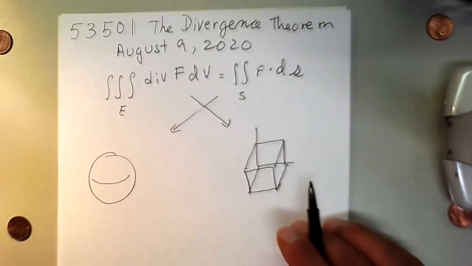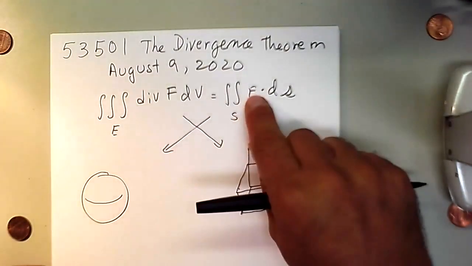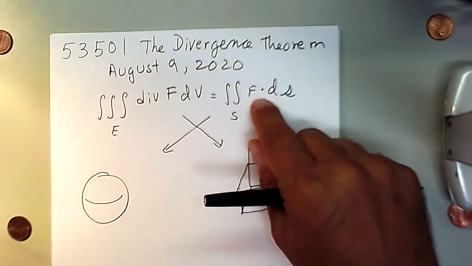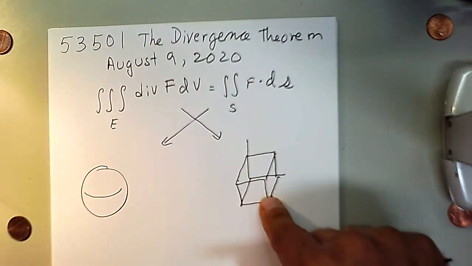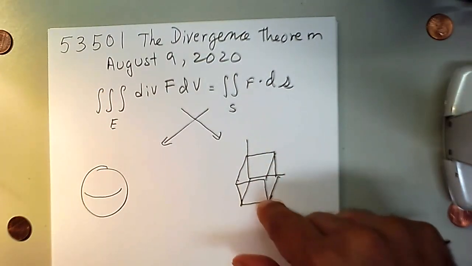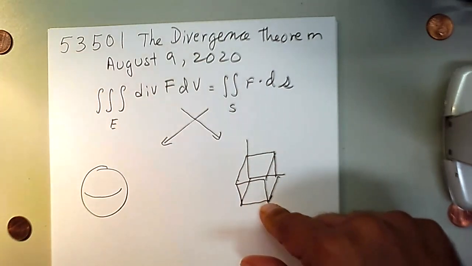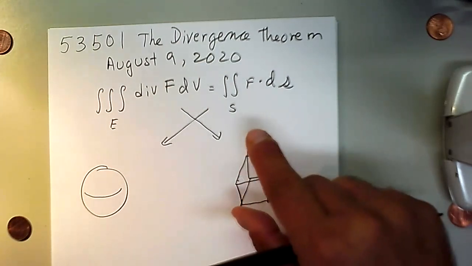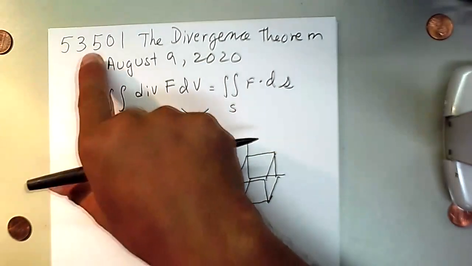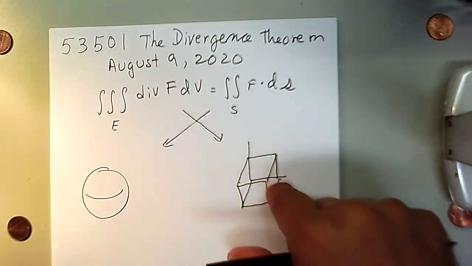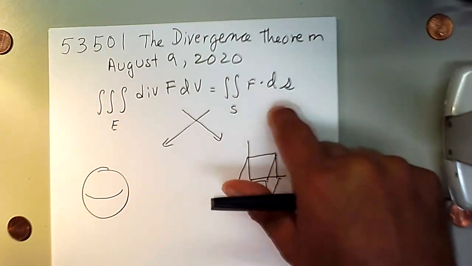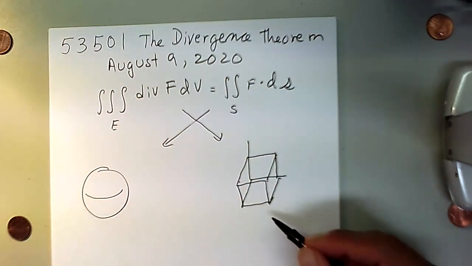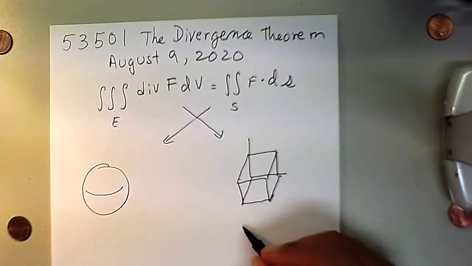Now, mind that Stokes' theorem says that if this in turn happens to be the curl of another vector field, then the integral over a closed solid would be 0. That's what I suggested in the last video, 53401, that if this is a closed solid and this happens to be the curl of another function, then we would get 0. So for instance, just to give an example, let's say we have